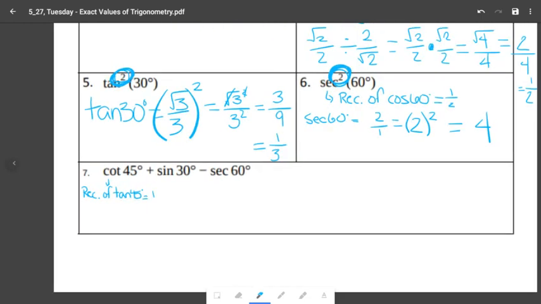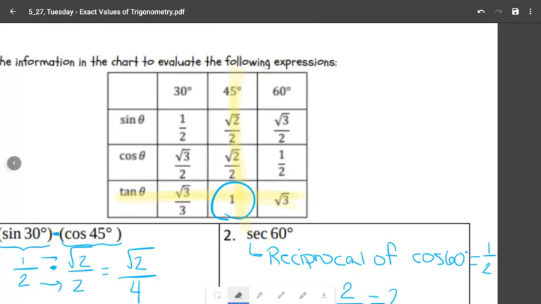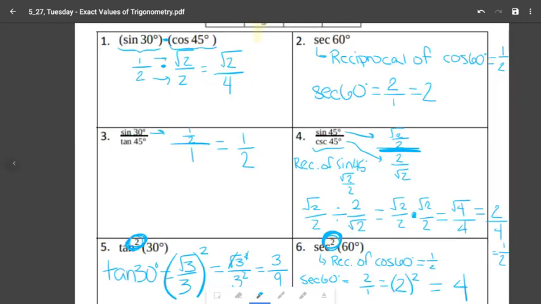So that means cotangent of 45, 1 flipping it with the reciprocal is still 1, plus sine of 30, sine of 30 is 1/2,